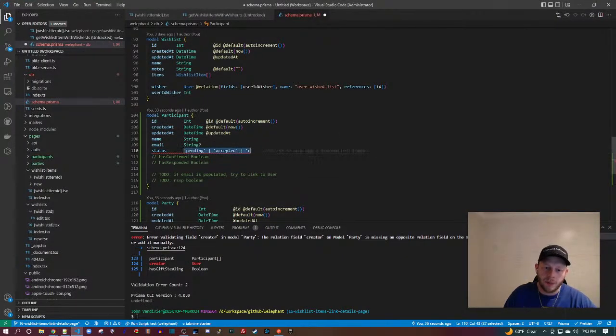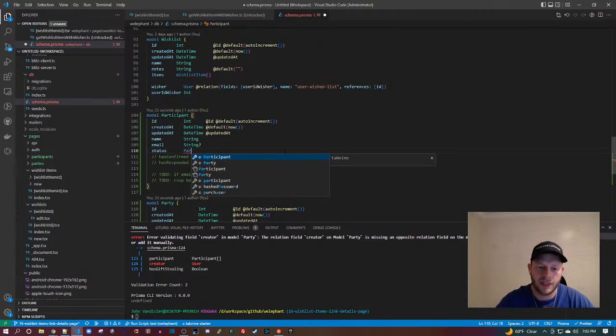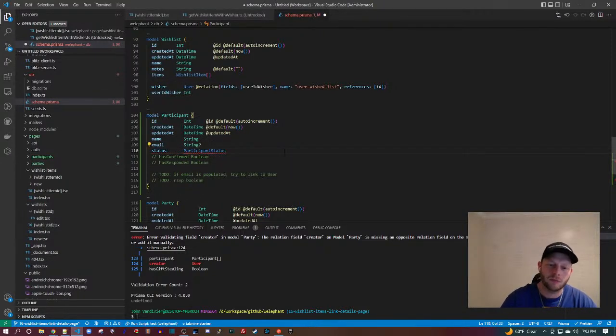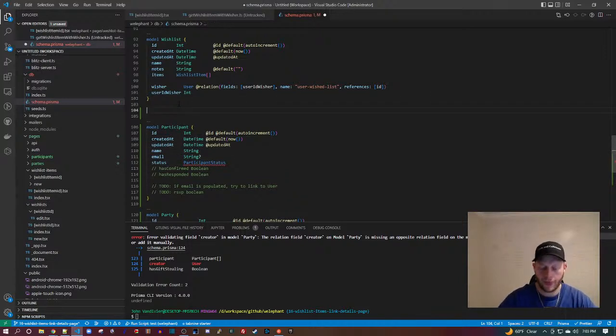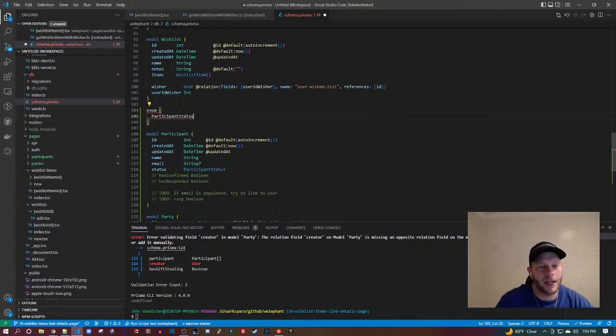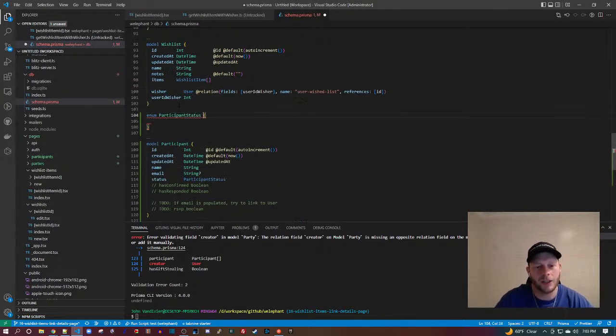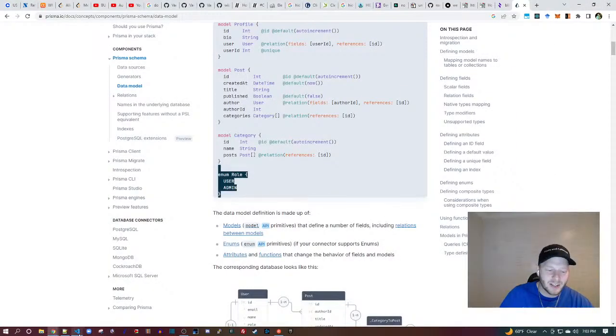So I'll have to implement this as a participant status. Okay, and we'll create an enum. This could be overcomplicating the model, right? So I'm not sure this is a good idea, but it's a fun idea. And that's good enough for me for now.